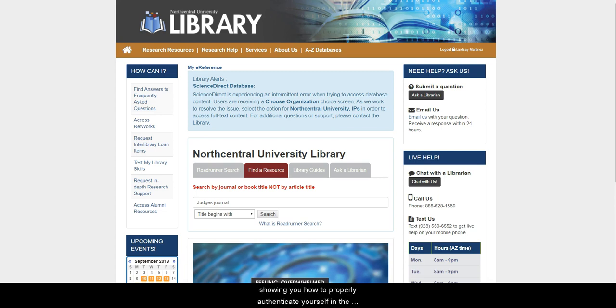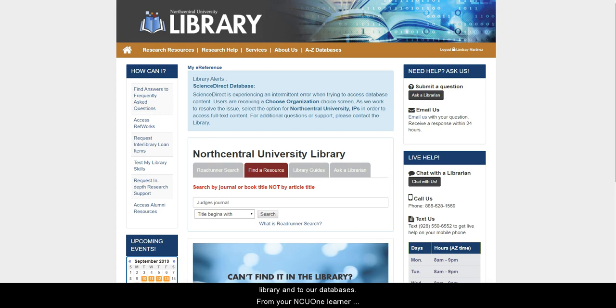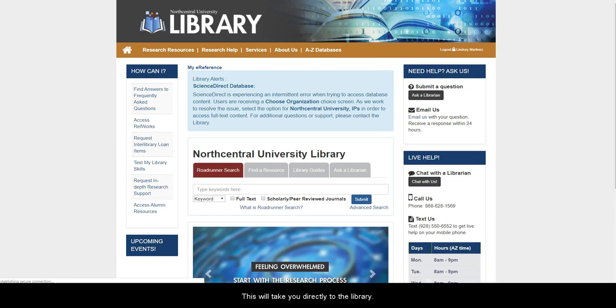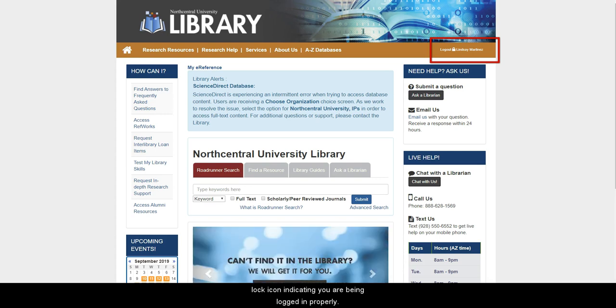We are going to begin with showing you how to properly authenticate yourself in the library and to our databases. From your NCU One Learner portal, select Library from the top of the main page. This will take you directly to the library. In the top right-hand corner, you will see your name and a lock icon indicating you are being logged in